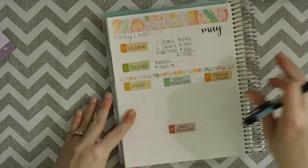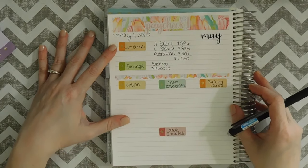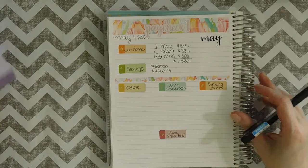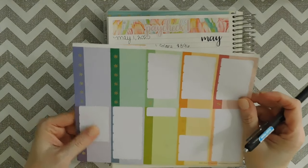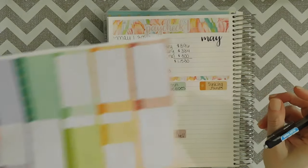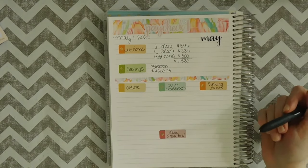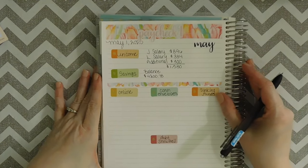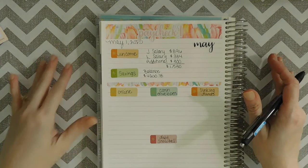And then these stickers here are from the 2019-2020 Erin Condren Life Planner. So this is the sticker sheet that I have left, and I'm just trying to work through. I've been organizing all my stickers, and I'm going to start doing plan with me's in my planner. So my new Erin Condren's coming today, and that's my life planner, and I have got a bajillion sticker kits,